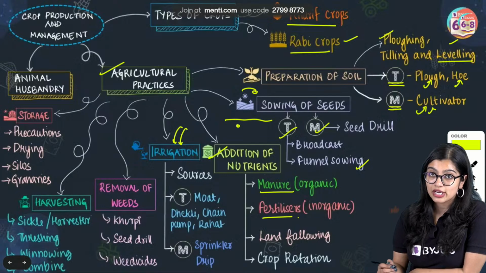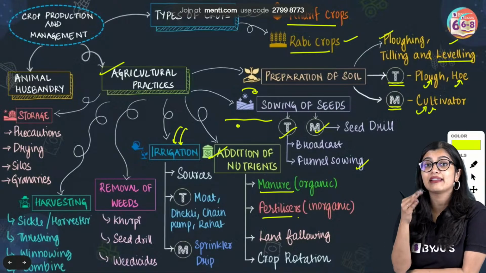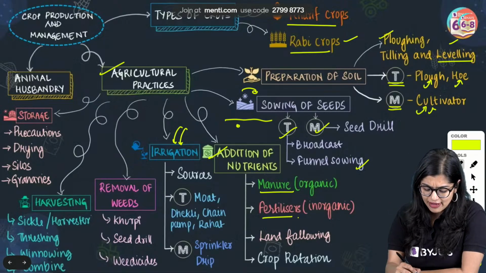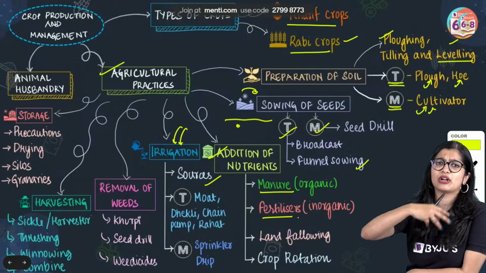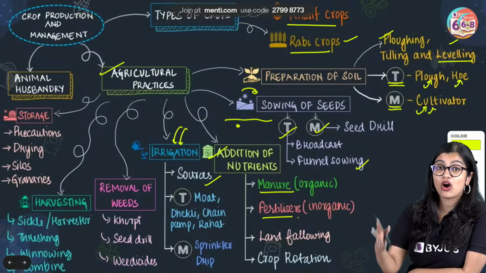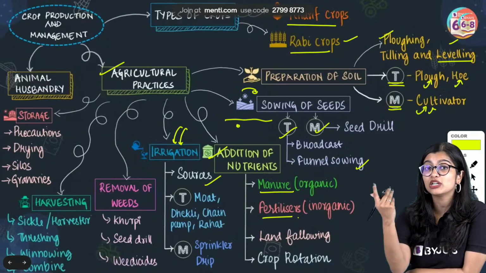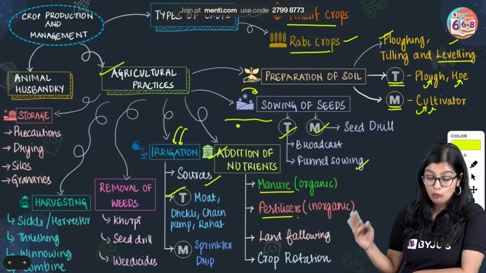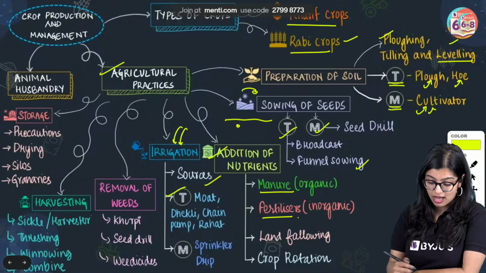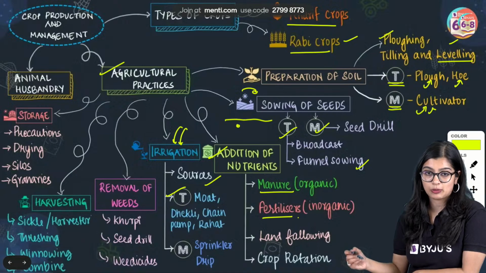So we know that irrigation is nothing but adding water at regular intervals. And we have various sources through which we can add water. We can depend on the rain, we can depend on freshwater sources. But of course, when you're growing crops at a large scale, you need to provide water properly, right? So there are traditional methods like mow, dhekli, chain pump and rahat, or you have modern methods like sprinkler method